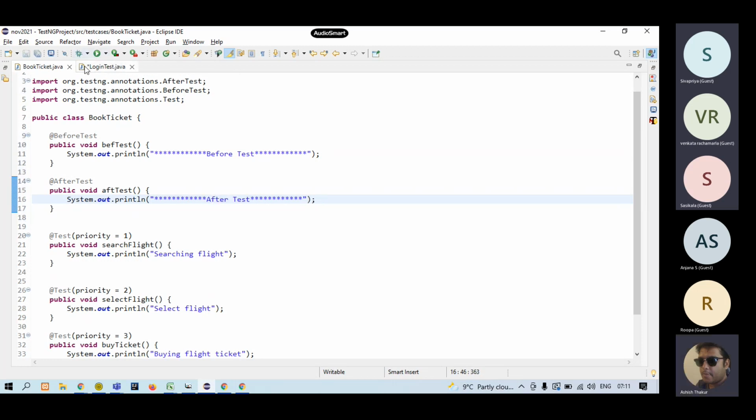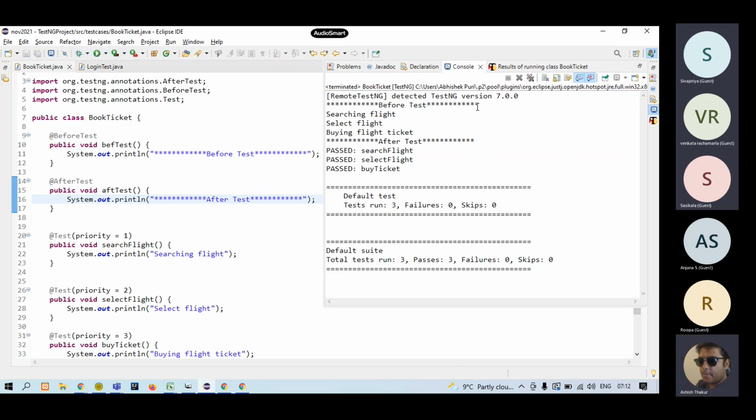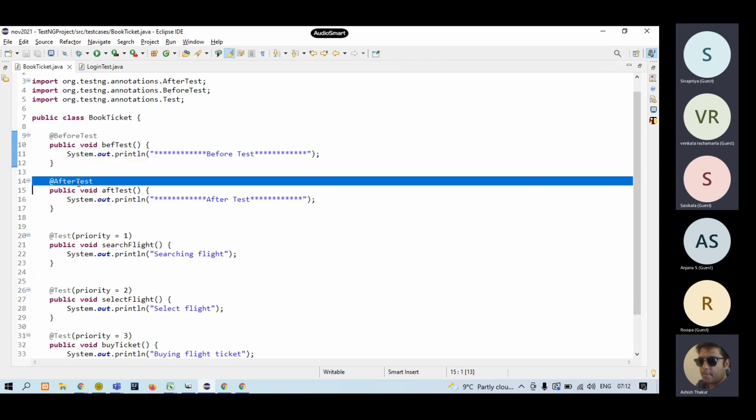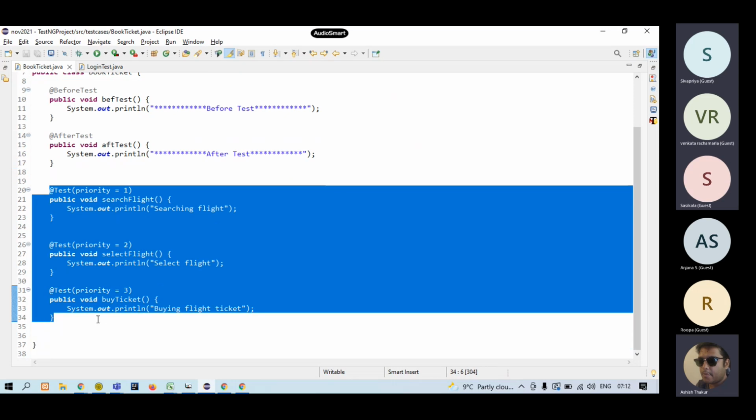So if you run this code, you see before test and after test are executed before and after executing all the test cases. Okay. So I can do anything. Maybe in before test, I can open the browser. In after test, I can close the browser and let the three test cases execute on